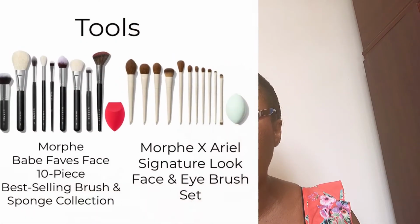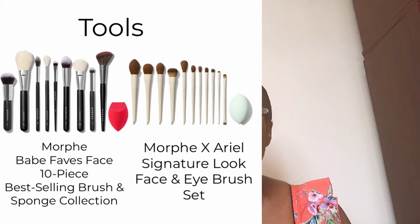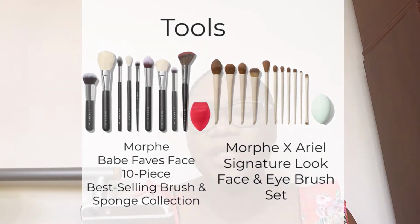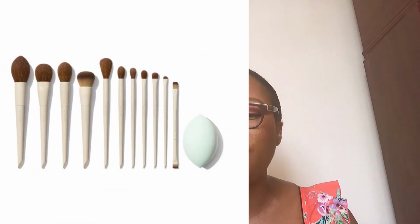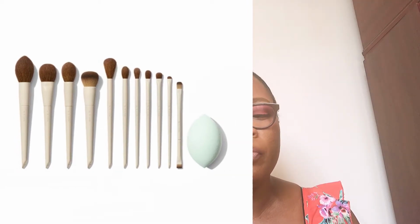And the second set of tools, which are brushes as well, that I found, if you do not like the first one, is also by Morphe, and it's called Morphe and Ariel Signature Look Face and Eye Brush Sets. This one also has a sponge in it, and it has eyeshadow, a blush brush, foundation, and bronzer. The first one has a bronzer brush, but I can't see any bronzer brush in here, but whichever the case may be, it has